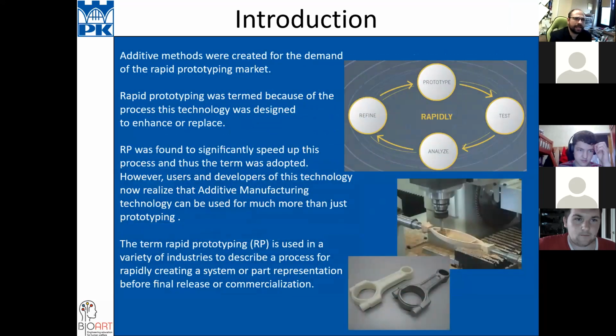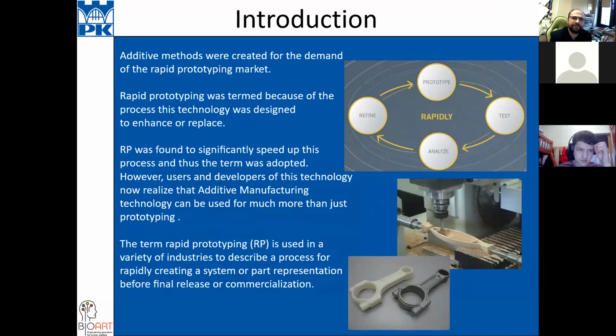Of course, 3D printing arose from the need to make something very fast, very rapidly. Here we see some definitions of rapid prototyping, and this technique was almost 100% made to do something rapidly.